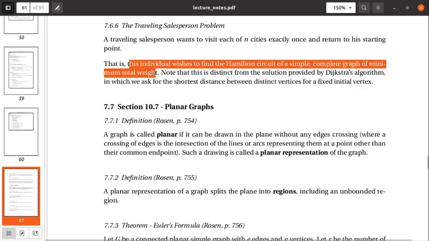So every city is connected to every other city. So if you have 32 cities, then each one has 31 roads out of it, or is connected to the other 31. And then each one of those has a weight. And so how do you find the minimum